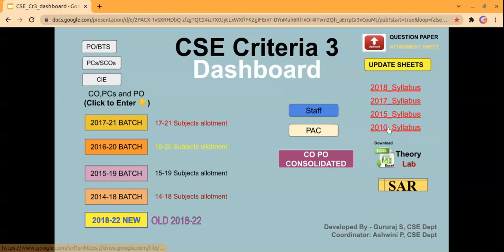So here you can see the syllabuses: 2010 syllabus, 2015 syllabus, 2017 syllabus, 2018 syllabus. Now recently the 2021 syllabus has also been declared, so will be updated sooner. So if you just click, let us say I'm using 2017.